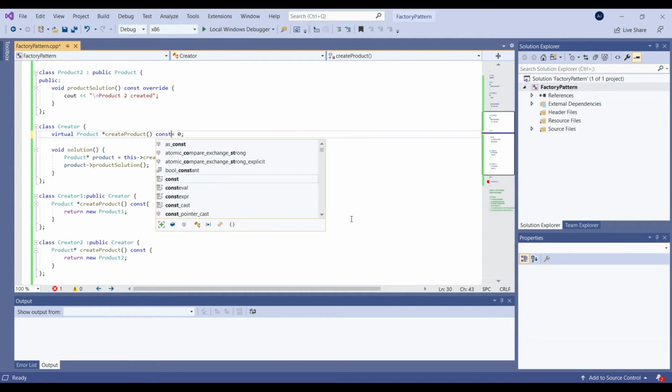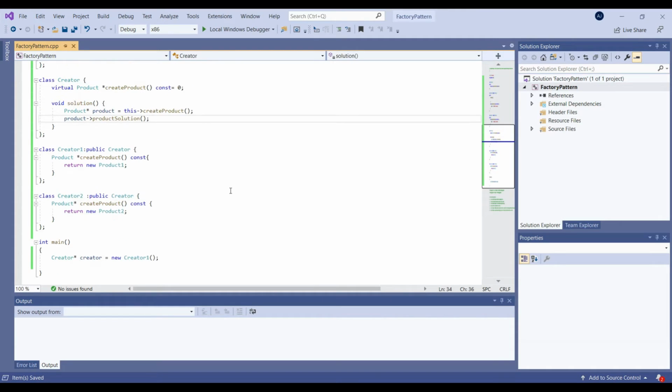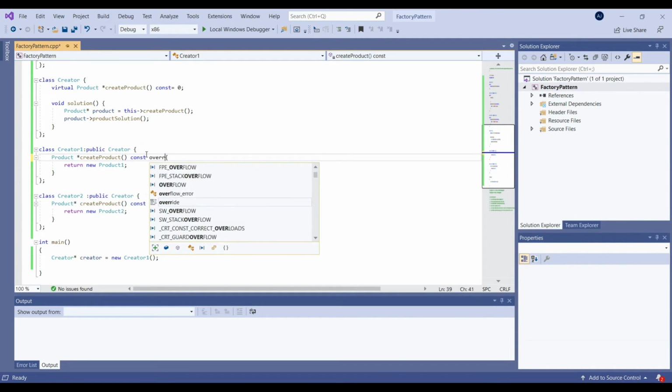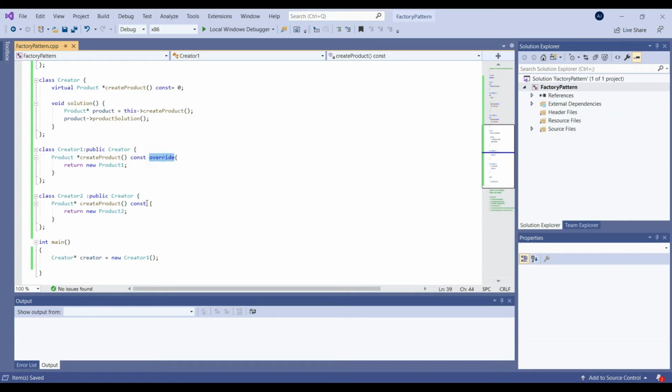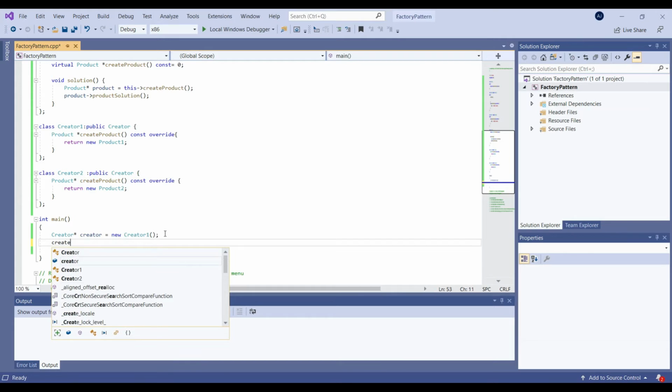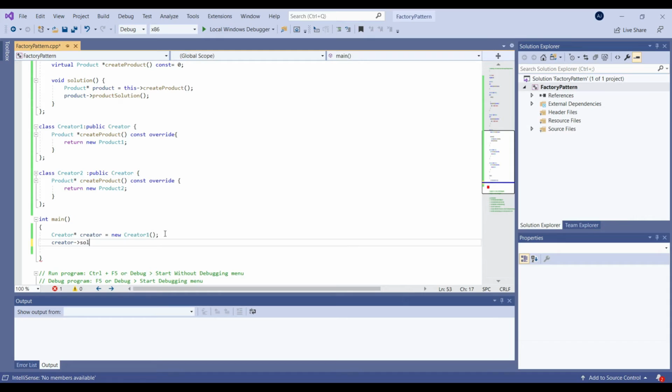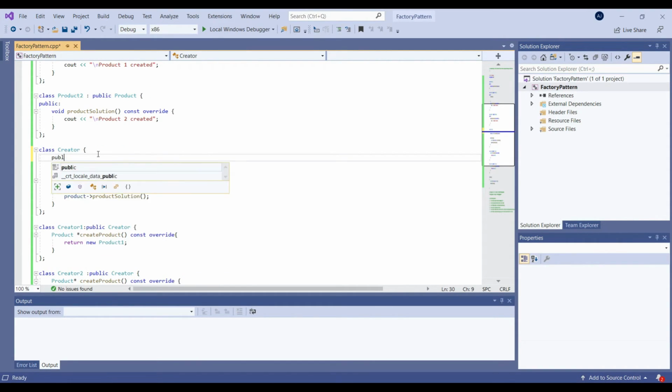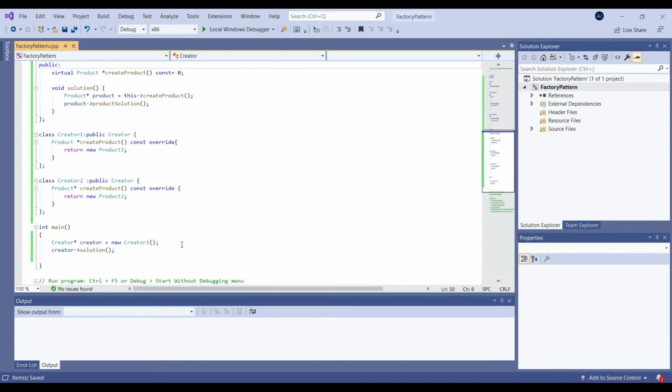Let's make this const override. And here, let's call our solution class. Need to make this public. Now let's run this.